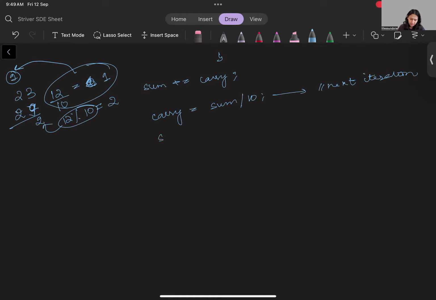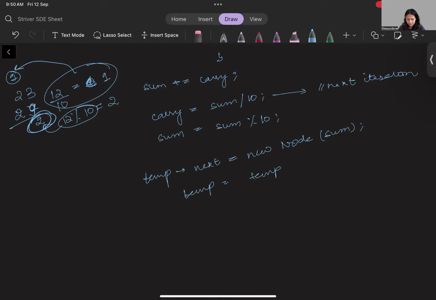And then your sum becomes sum modulus 10, this part. Does it make sense? Then what do you do? You make a new node for this. Temp's next is what? A new node with the value sum. And temp points to now temp's next, so that you can just go in and add a new node